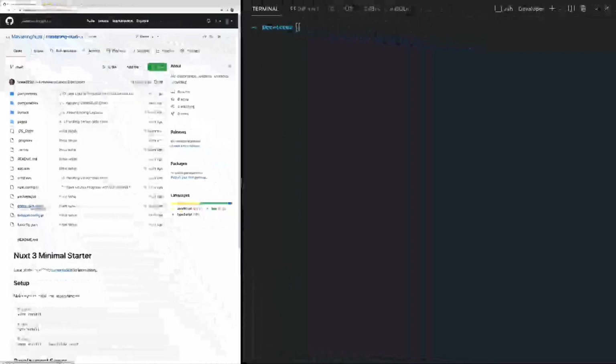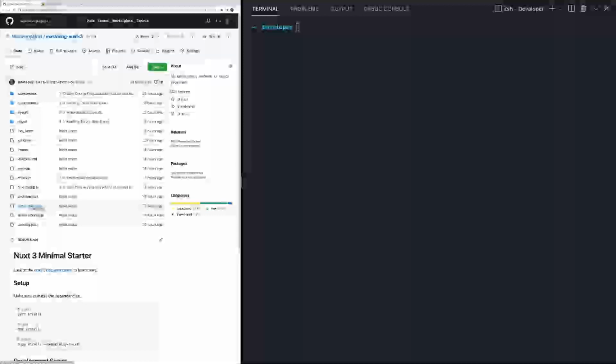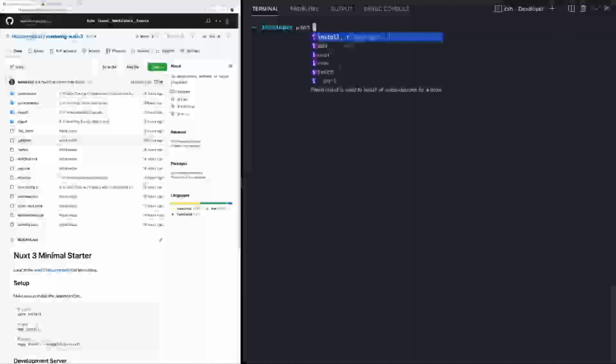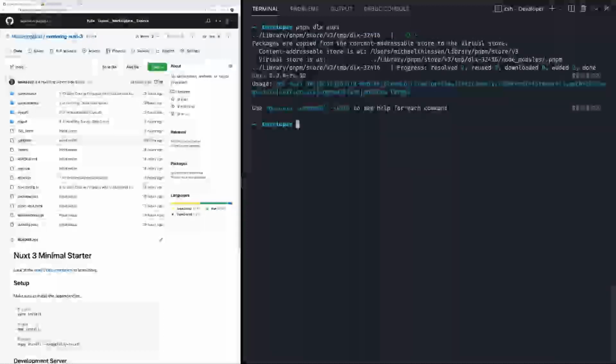Once you've got PNPM installed, or the package manager of your choice, we now want to install Nuxt. On the Nuxt.js docs, we see Nuxt being used as a hot-loaded script using PNPM DLX. What this does is it downloads the script and then executes it, as opposed to it being a tool available locally on your machine. This works great, but it is a bit slower,